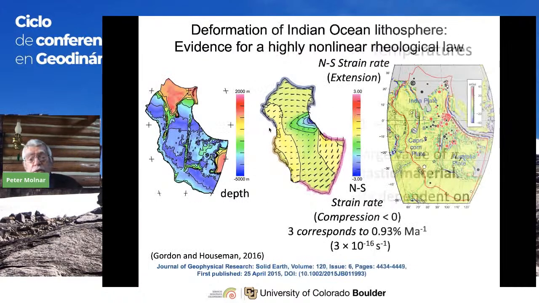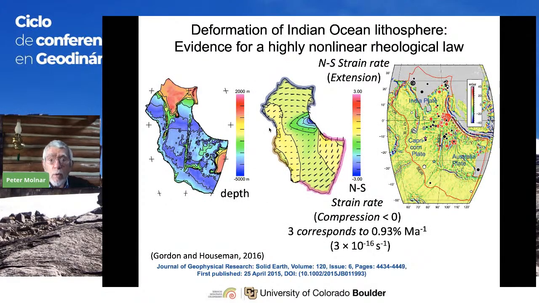So let's look at a place where we can apply this. Again, we're looking at oceanic lithosphere. And we're looking in the region between the India plate up here and the Australia plate down here. Originally, these were considered one plate, but there's a lot of earthquake activity within this corner between the India plate and the Australia plate in this area. Very large. This is the largest intraplate seismicity in the world, the biggest strike slip faulting, in fact, in this area.